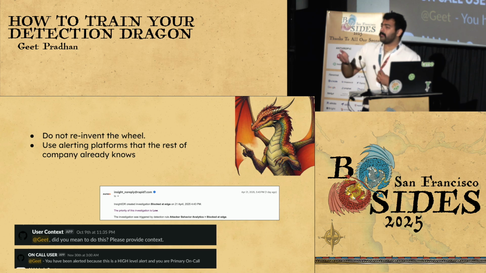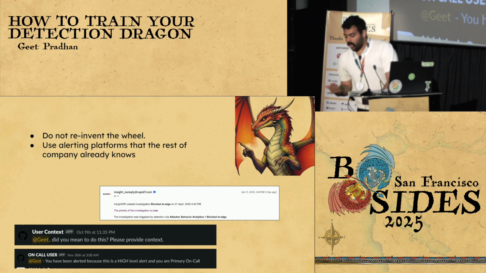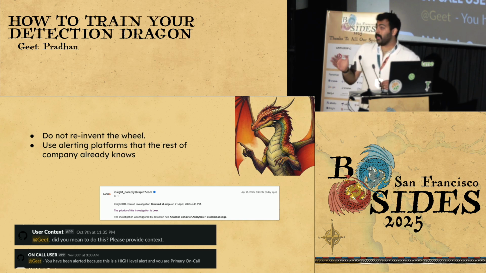Why do you want to make it tougher for you and the company and introduce a new solution to alert on, right? Use Slack or Teams or whatever messaging platform you have, use email, and it just makes it a lot easier because in today's world, we're never just on our machine, right? We're always traveling and we want to see an alert quickly just on our phone, right? It does help, I guarantee it.